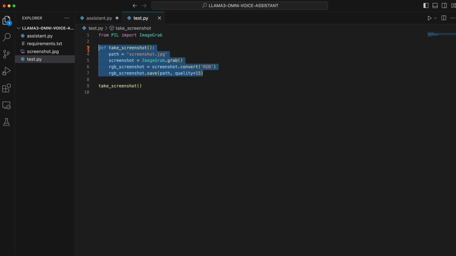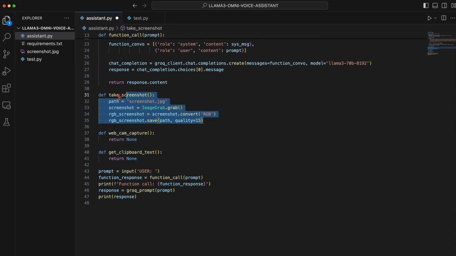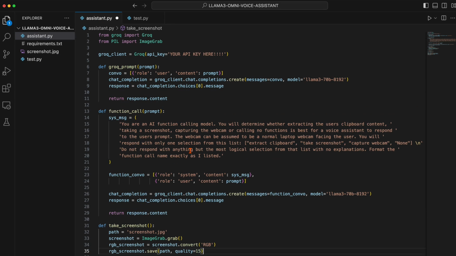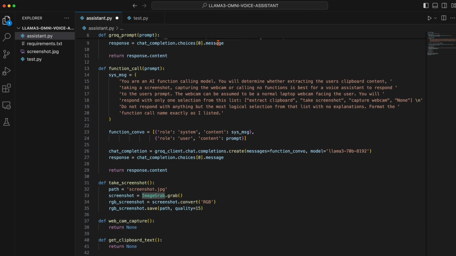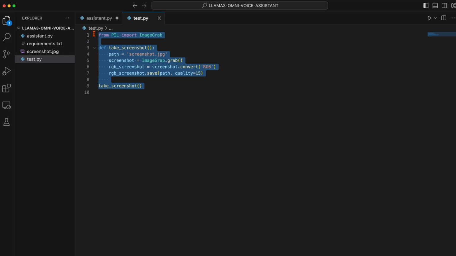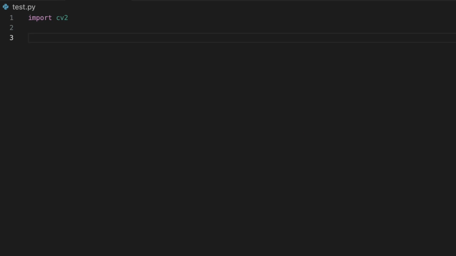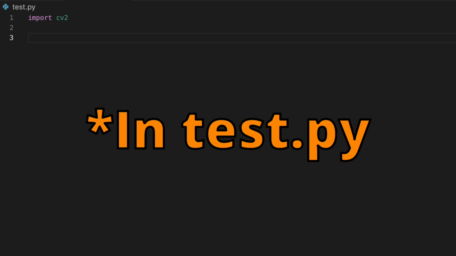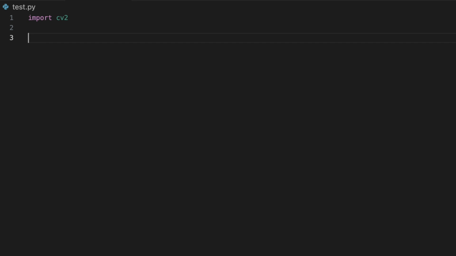Once your screenshot function is working properly in your test file, make sure the code is the same in your assistant file minus the last line in test.py. Delete all of the code in test.py and import CV2, which we will use to allow our program to take webcam photos. We'll write this code out in the test function to make sure we are calling the correct camera on our computer. Create web_cam that equals